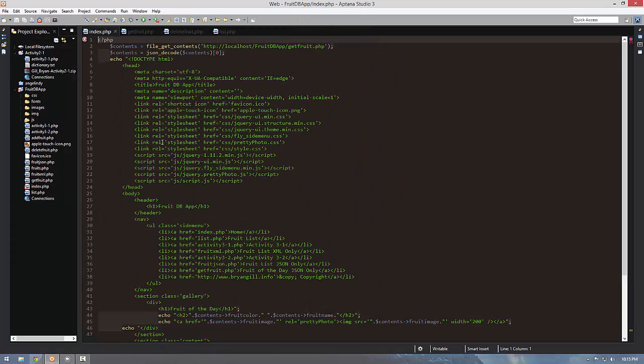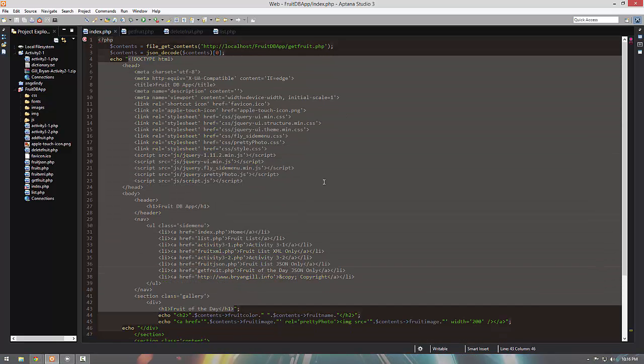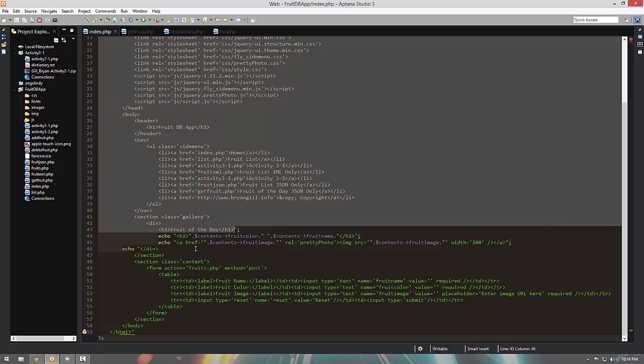We'll take a quick look at the code here. I chose to go with the index.php that loads up by default. Kicks it off as PHP here, and actually gets the file contents by calling the getFruit PHP script, and then decodes it, and then echoes out the entire top half of all of my HTML. And then it echoes out the fruit color and the fruit name,